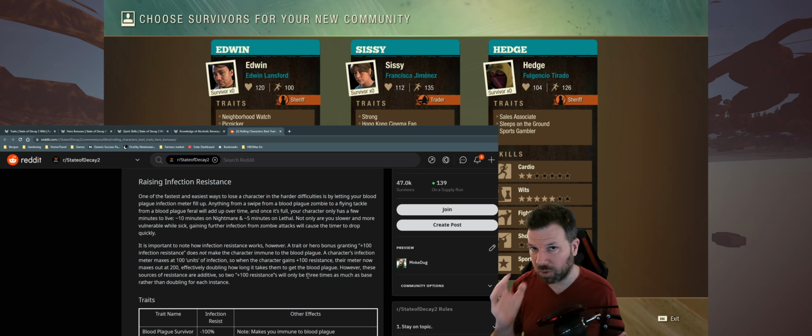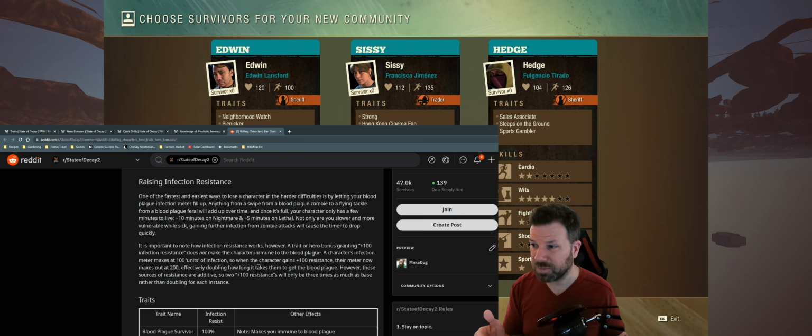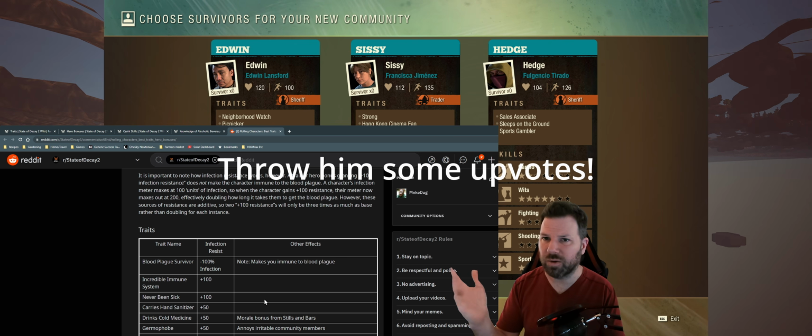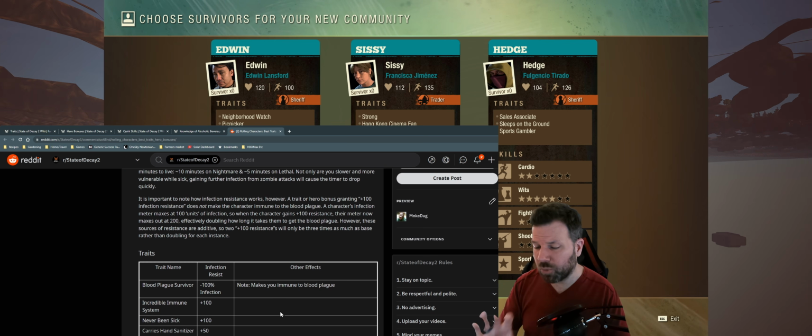So, for example, if you're looking for a trait that gives infection resistance, then you can refer to a page like this one that has all of the traits or most of the traits. It's not my page, by the way. Full credit goes to the Redditor who posted this, just like the credit for the wiki goes to the wiki person. But this person also provides a Google Doc that you can grab. And it does a pretty good job of at least giving you a template to start from in terms of